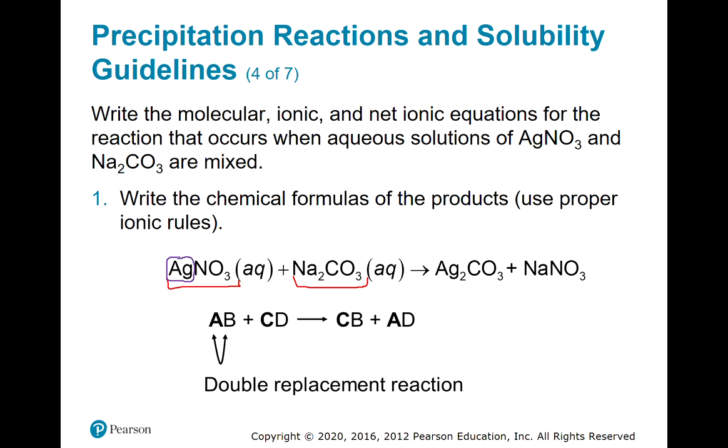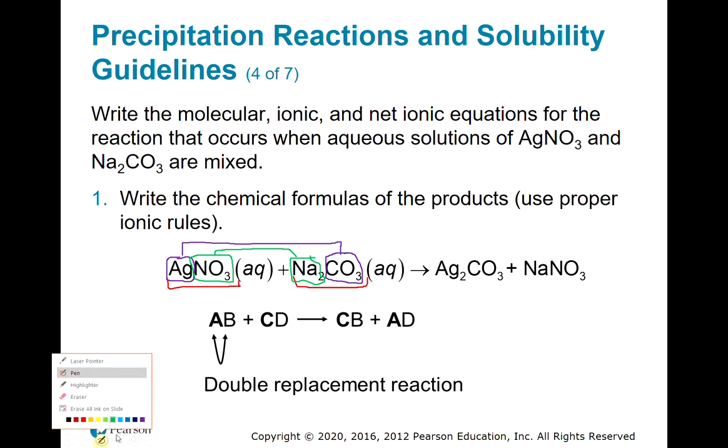So what we can do is combine our silver cations with the other anion from the other reactant, so carbonate ions, and then we can do the same thing with the other ions. So instead of sodium cations being paired with carbonates, we can pair them with the nitrates that started off going along with the silver. And so we now get silver carbonate